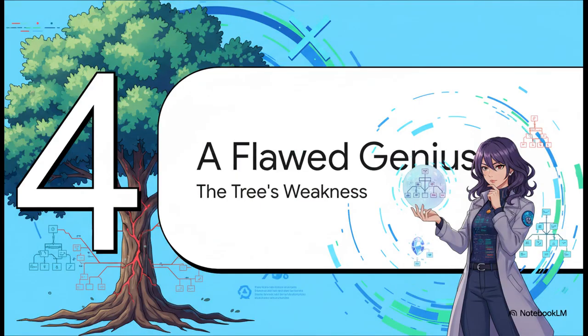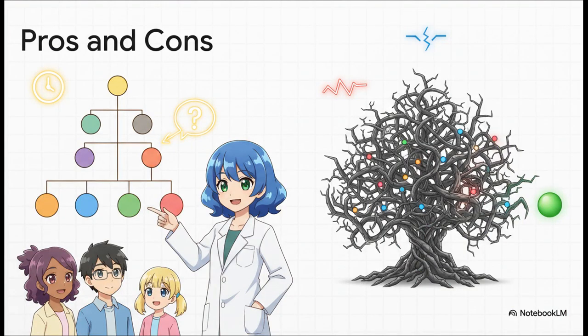Okay, so decision trees seem awesome, right? They're powerful, they're easy to get your head around. But like any good hero in a story, our decision tree has a fatal flaw. It's a bit of a flawed genius. And honestly, its weakness is a pretty big one. I mean, the pros are fantastic. Decision trees are super easy to explain, they can handle all kinds of data, and they're crazy fast. But